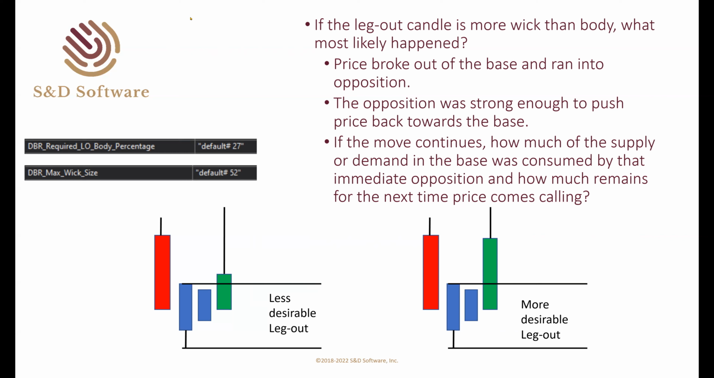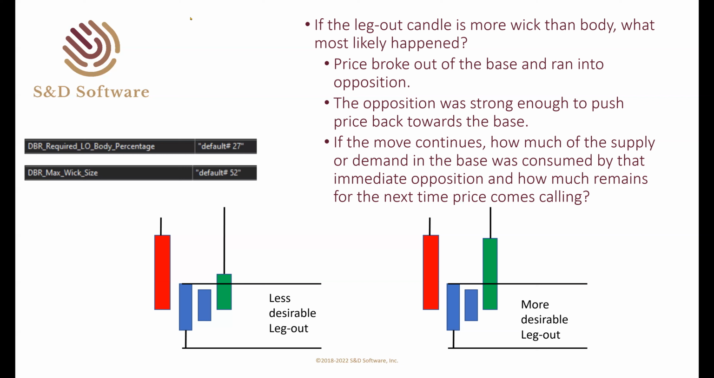But if you have a case where your leg out is more wick than body, what most likely happened? Well, price broke out of the base clearly, but then it immediately ran into opposition. And that opposition was pretty strong because it was able to push the leg out candle or the close of the leg out candle back towards the base. So if this move continues, and in our example here, it will continue to the upside,